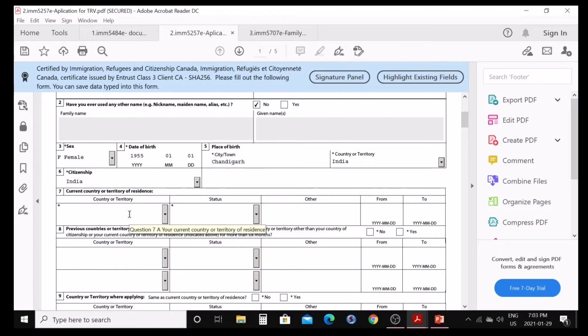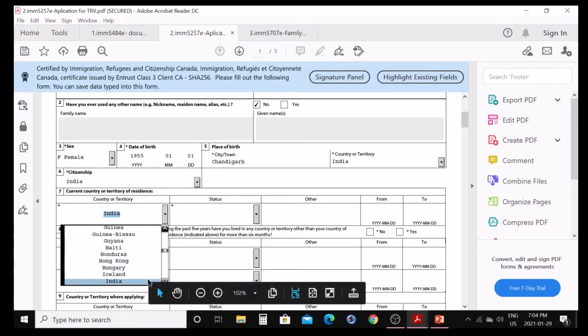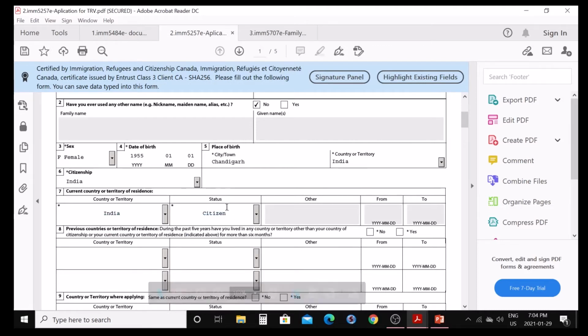But in the case of parents, mostly we live in our own country, so I'm gonna write India again here. Then status: you are a citizen there, and when you fill in citizen here, they will not ask you from and to anything here.